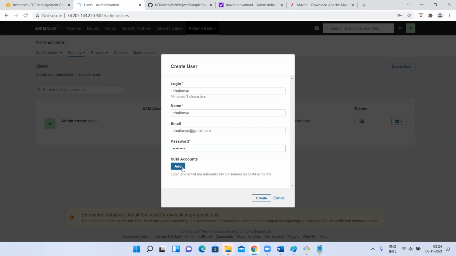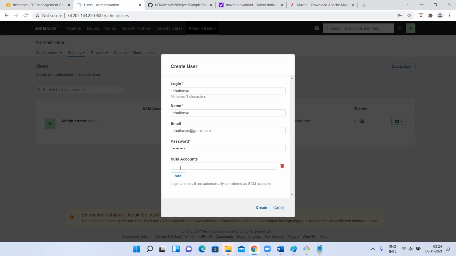If you want to integrate this with the SCM, means if those who have a GitHub account, if you add that GitHub account here, they need not have a separate username and password in this SonarQube. Directly that GitHub username and password is there. With that itself they can log in, but I'm not going to use that.